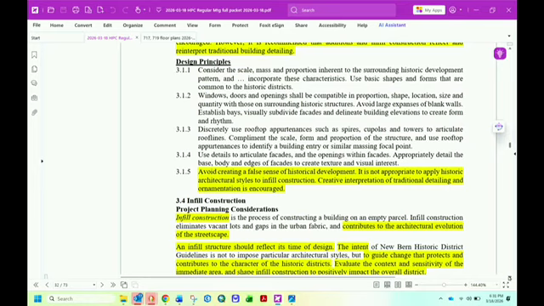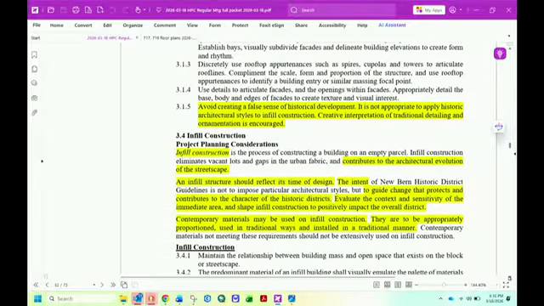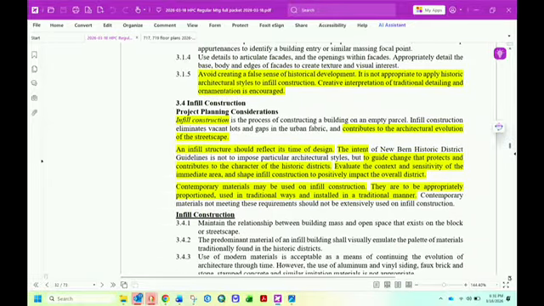So this may be where you may be talking about the modifications to the otherwise very straightforward Victorian plan that they have modified, or design. So infill construction contributes to the architectural evolution of the streetscape.